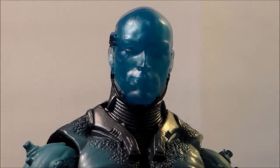But yeah, so overall, I'm just going to tell you guys, pick this figure up if you can. He does come one per case. I believe the Spider-Man's come two though. This figure is awesome. His accessories that he comes with are really nice as well. And yeah, I'm definitely going to say recommend picking him up, if you can, of course, but